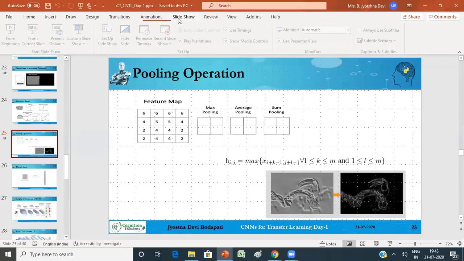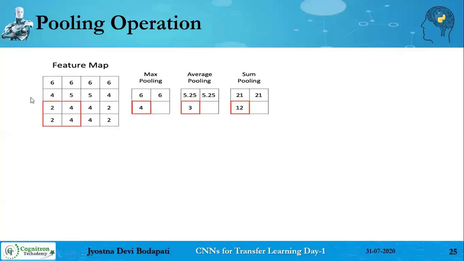Yes, ma'am. So here you can see what it is doing. This is the input data to the max pooling layer. It's basically 4x4 data. If you apply max pooling, your input data will be divided into windows, like however we do the convolution operation. Here the window size I am taking is 2x2 and the stride value is 2, because we usually apply non-overlapping max pooling. From this 2x2 window, 6, 6, 4, 5, you get the maximum value, and that maximum value is 6.